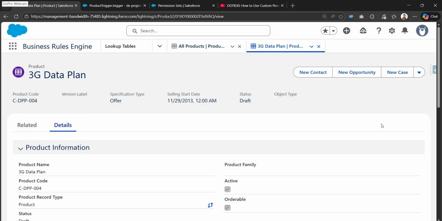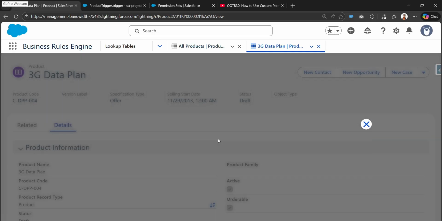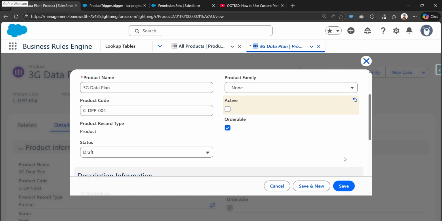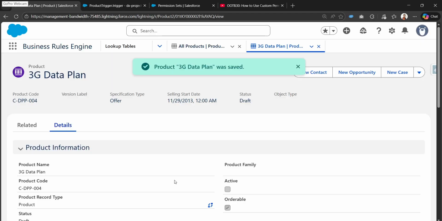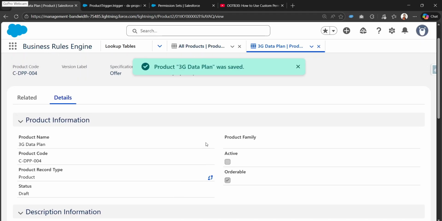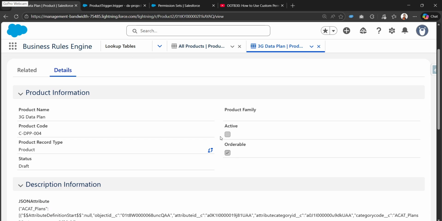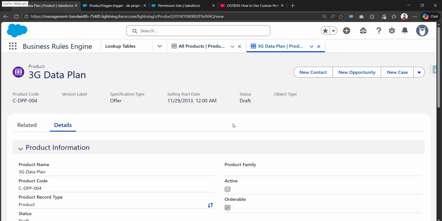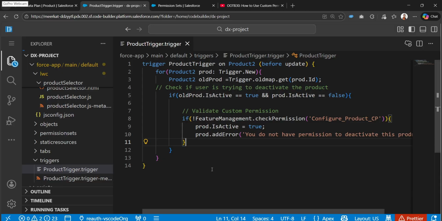And let me re-update the product to make it inactive. Now I'll click on save, and we can see that we are able to deactivate the product. So whenever the user has access to the custom permission, only then can the product be deactivated by the user. And so today we learned how we can effectively use the custom permission in the Apex trigger,